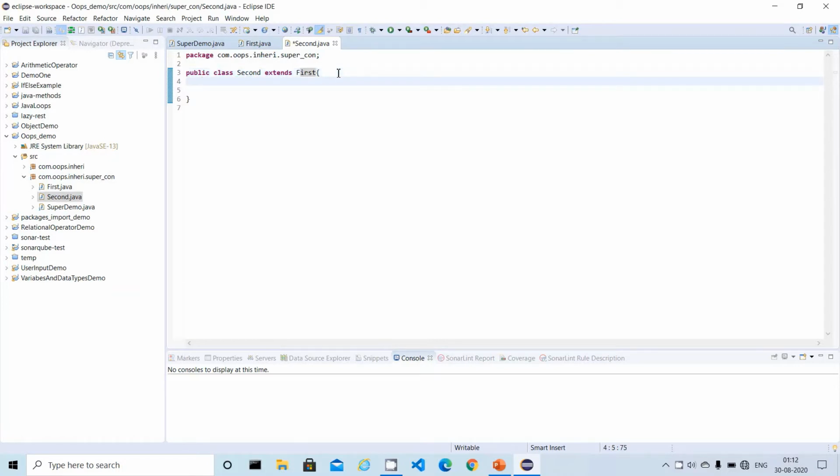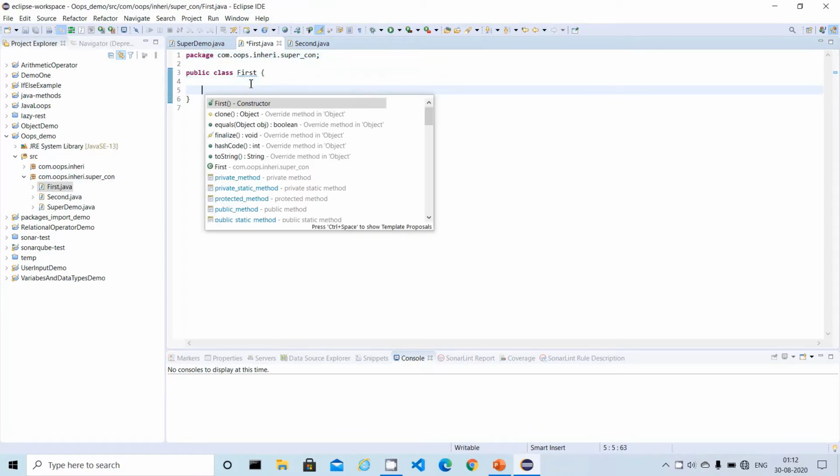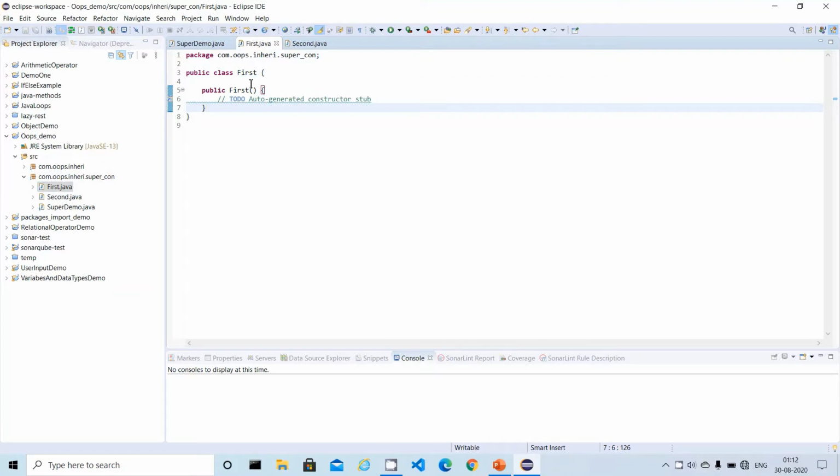To understand this constructor chain or constructor invocation between these classes, we have to create a constructor. Let me create a default constructor first, and I'm going to write a simple statement here: First, no arguments.